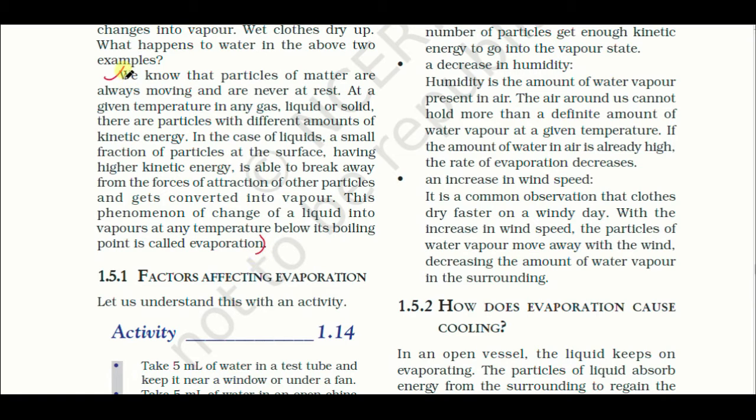So you already know that the particles in a substance are always moving. In case of solid it's minimum, in case of liquid it's moderate, and in case of gaseous state the movement is maximum. Clear? And this movement happens due to kinetic energy. In case of solid, the movement is very little, so evaporation almost does not take place. But in case of liquid, the molecules present at the surface layer contain high kinetic energy.